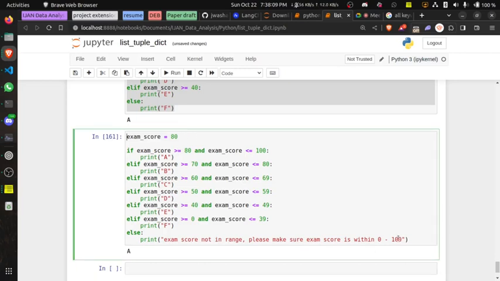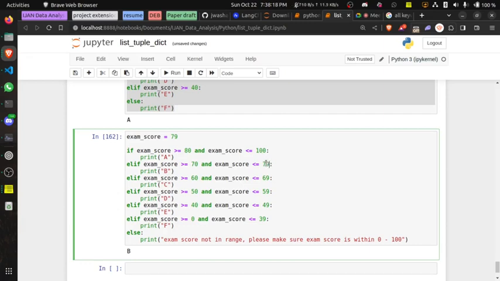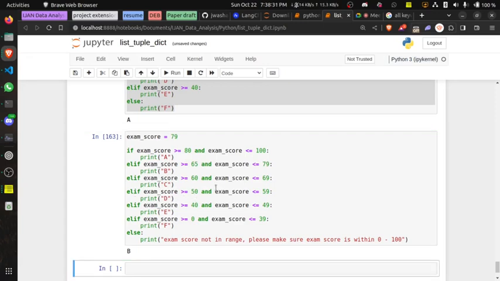If I run 79, I'll still get a B, right? Let me see. I'm trying to look for an edge case. Okay, an edge case. Let's say I mistakenly change this to 65. You should know that there's already a mistake, because what is going to happen now is that from 65 to 79 will be seen as B. 60 to 69, so this 69 will not be evaluated.